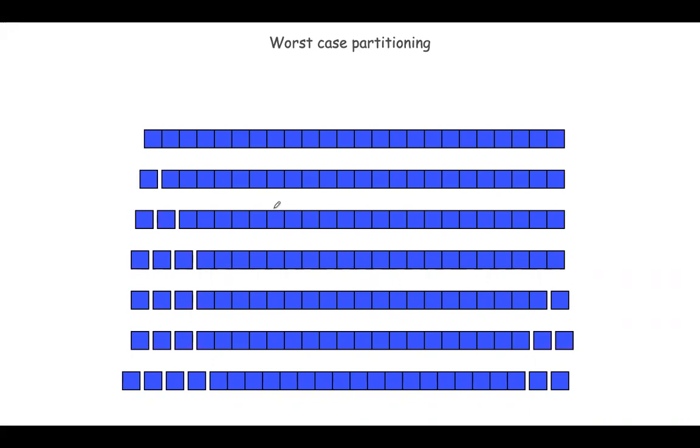Only in those situations we say that merge sort is better than quicksort. Okay, for an already sorted array, we say that merge sort is better than quicksort. Otherwise, quicksort is the best algorithm for any sorting problem.